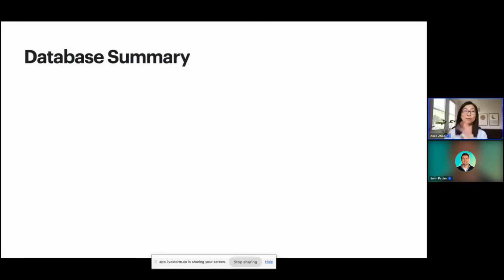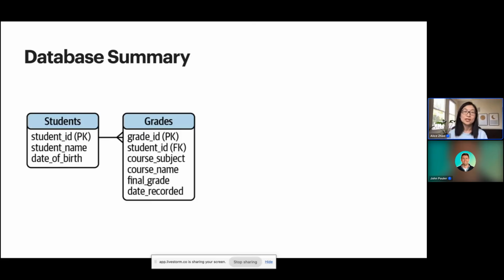But then, okay, we are at the summary for this section. So in this slide, I'm going to summarize everything that we just talked about in this section. So I introduced you to two different tables, the students table and the grades table. And we saw the full tables on the slide, but typically what you'll see is an image that looks like this. And this is what you'll see to summarize a database. So we had a students table in this database and a grades table in this database. And this image here is called a data model.